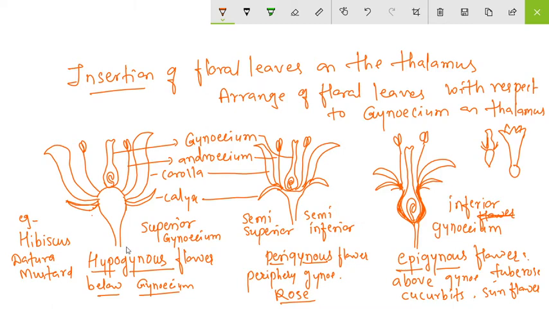Okay, so examples: hypogynous, hibiscus, datura and mustard. Example of perigynous, it is the rose or cassia. And the example of epigynous flower, it may be the cucurbita, cucurbits, cucurbit म्हणजे भोपळ्या वगैरेचे सगळे प्रकार. त्यानंतर सनफ्लावर, ट्यूबरोज, एक्झोरा, स्ट्रॉबेरी. So all these they are the examples of the epigynous flower. Then